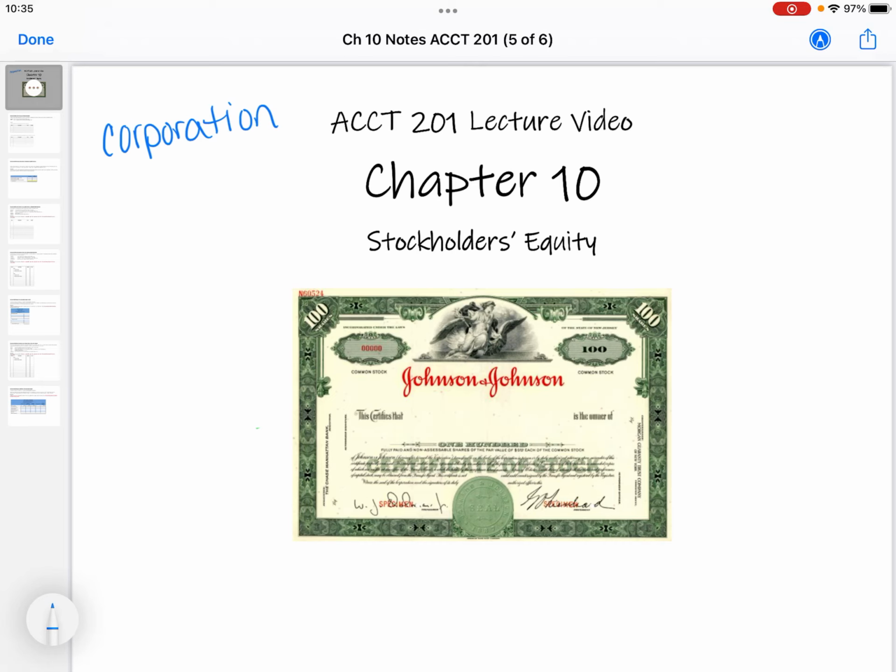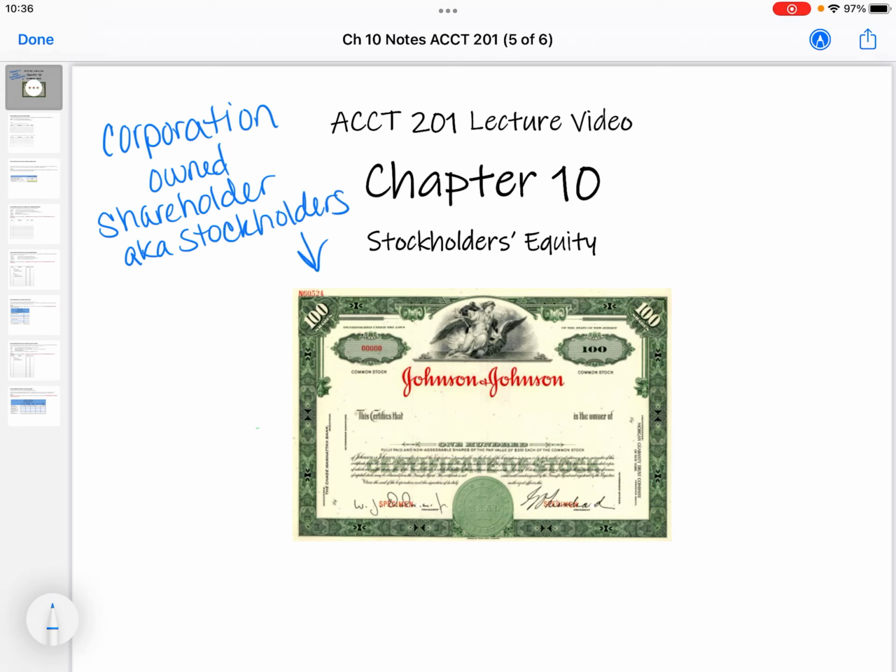You would have to file your own tax return, which is the idea of double taxation. It's no longer just owned by Bob Jim, right? Or Jim Bob, I should say. I don't know, whatever. It is now owned by shareholders. So corporations are owned by whoever is the shareholder, which quite literally means they own the share of stock. And we also call them stockholders. So those two names go together.